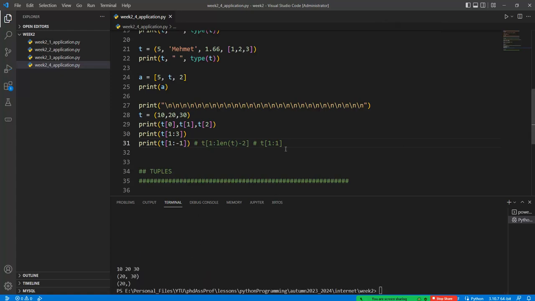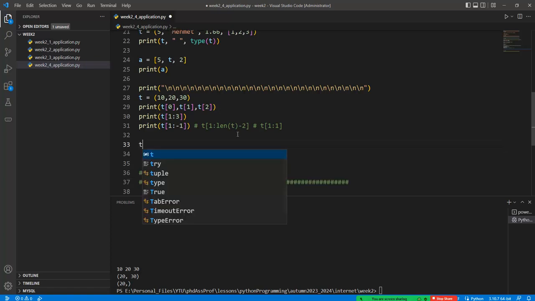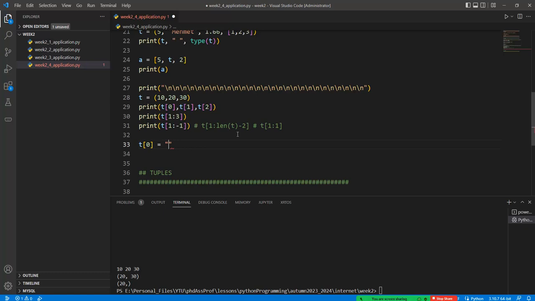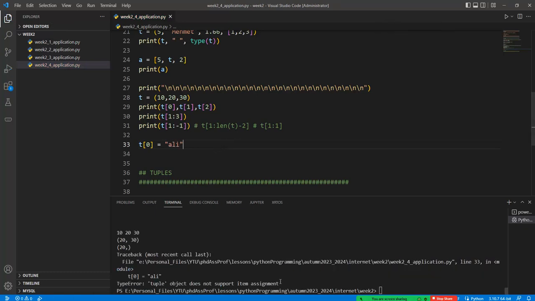Okay, the basic difference between lists and tuples comes from the assignment operator, like this one. If I run this code, we have the error: tuple object does not support item assignment, which means that we cannot assign or update the variables when it's created. We can only initialize the whole variables in the tuple, but we cannot change these variables. We can add variables, but we cannot change the present values of the items. Okay,